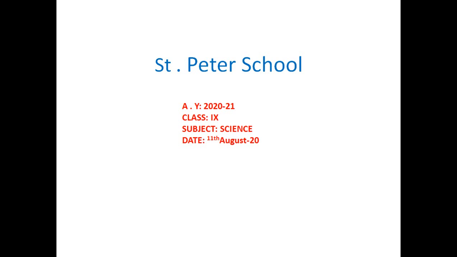So this is your science class, and in the previous class we were discussing the three equations of motion, which were given by Newton to solve problems for objects which move with a uniform velocity. Today we are going to see how this actually occurs when we look at it through graphs.